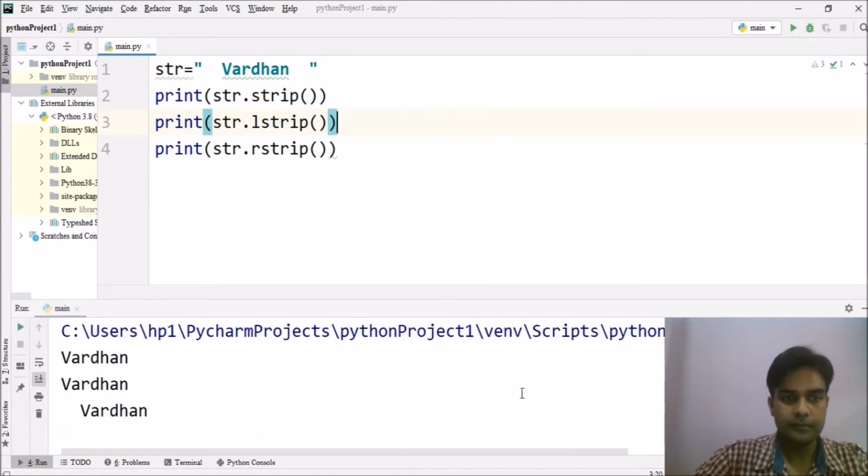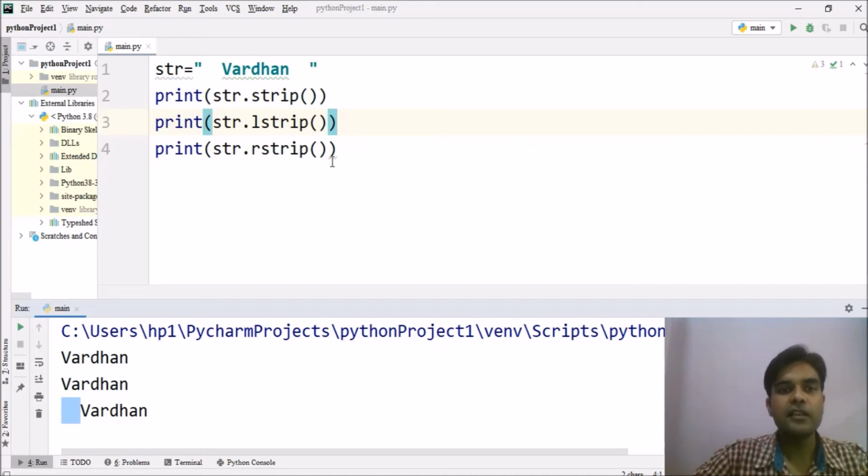See, strip strips from both ends, lstrip strips from the left side, and rstrip strips from the right-hand side, leaving the left white spaces in place. Okay, so this is the strip function.